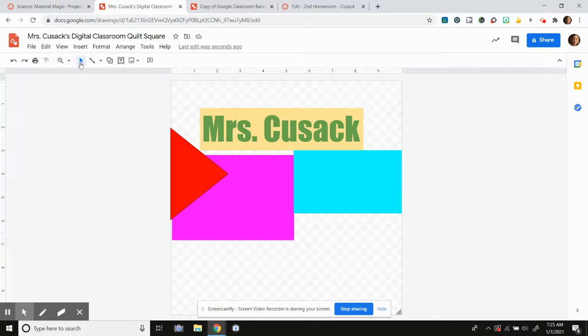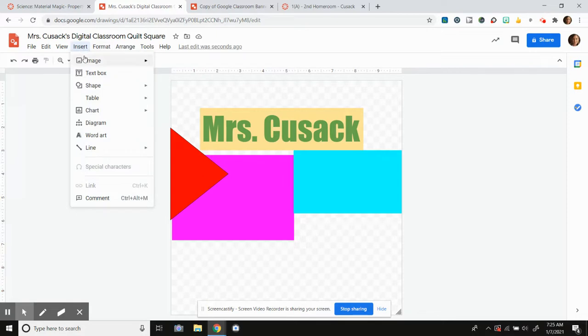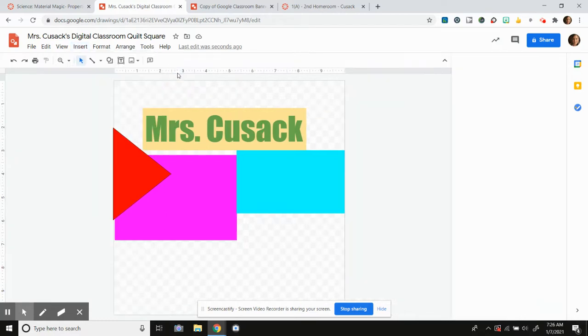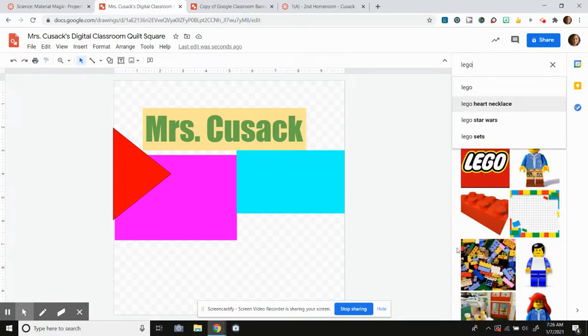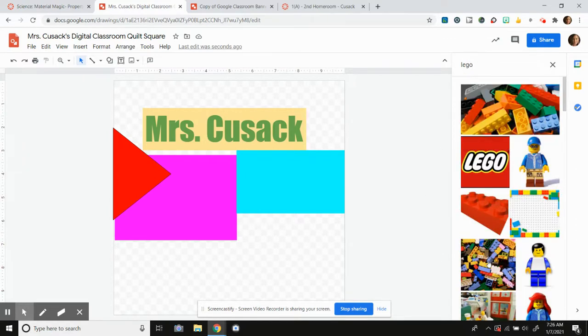One last thing I'll show you that you can do is insert an image in there. So you did this with your writing the other day, and it works the same way. If I go to image and then search web, I think some of the things that kind of show who I am, like maybe some of my favorites or some things about my family and what we love to do and things like that. So let's say I want to type Lego in there because we play Legos all the time. We were just playing Legos last night. So if I type Lego in there,